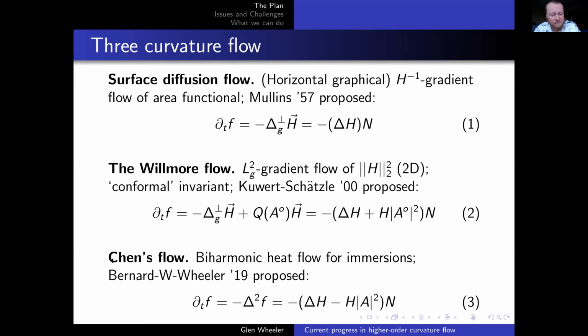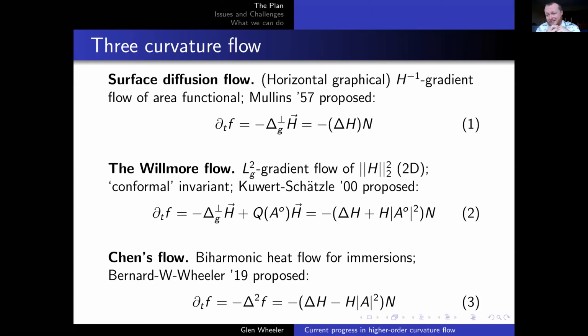For Chen's flow, the main difference from these other two is that it's more like mean curvature flow, because it's trying to reduce the area as quickly as possible. It wants to make everything singular. So the problem there is to analyze the rescaling, where you fix the length. And when you look at the rescaling,